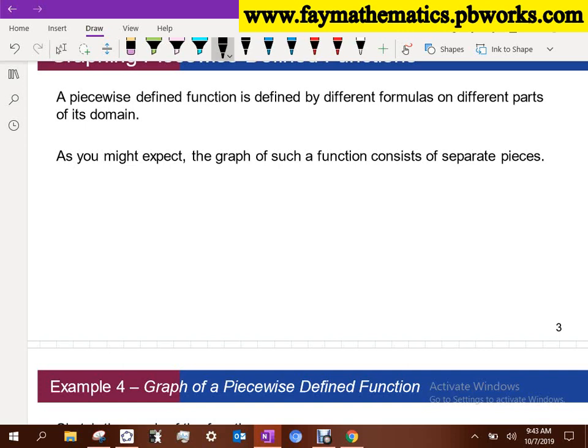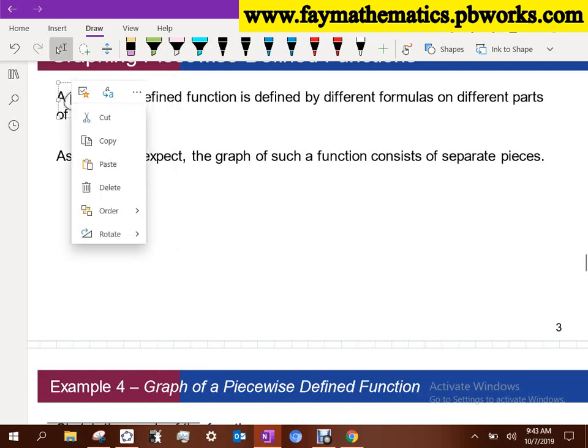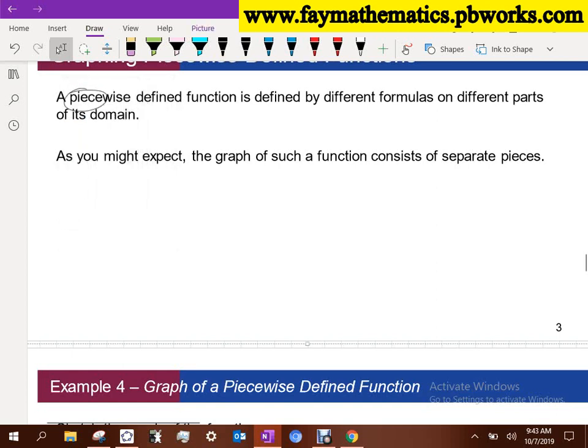Because of that nature, we're going to graph it in separate pieces, and that's where we get the name piecewise. Okay? When you're done with this, you're going to recognize you got multiple pieces of graphs. So what I want to do is just give you the overall structure that these things look like. You're going to have some function f of x